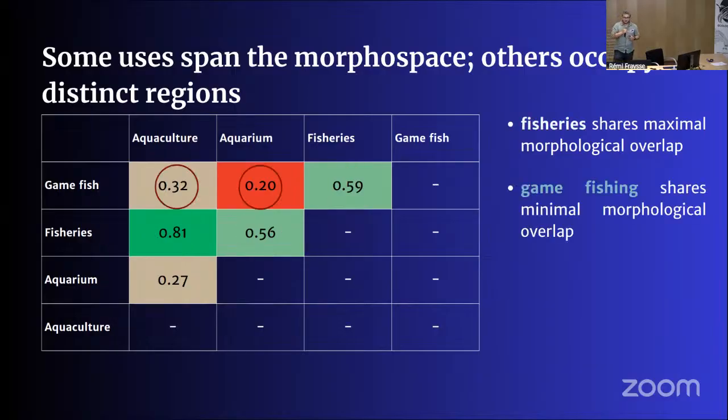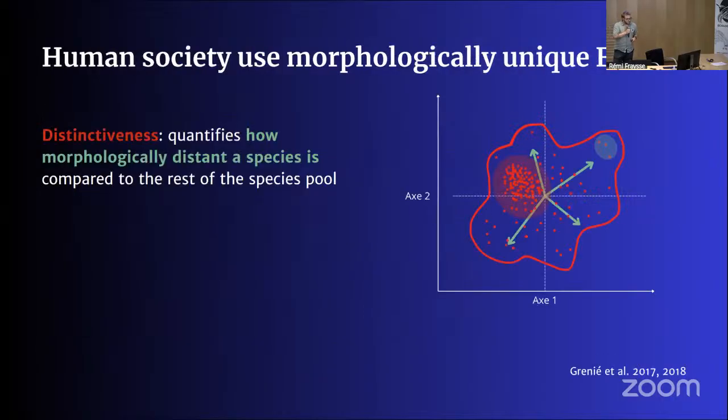And in the opposite, there are some uses that share minimal morphological overlap. In other words, there are some uses that don't select any area of the morphospace, and others that will select very specific areas of the morphospace. So now that I explained this a little, I need to explain another thing, the functional metric